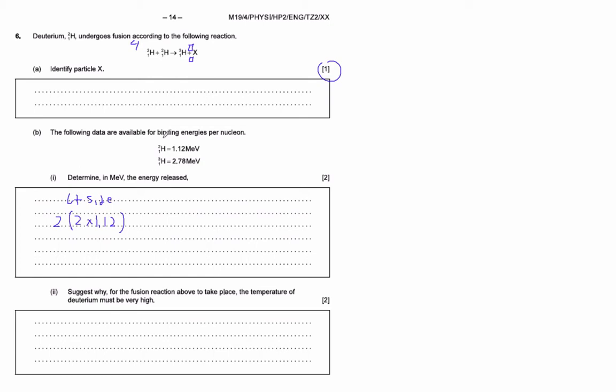And each one of those, there's 2 nucleons in a deuterium, right? So since this is binding energy per nucleon, the energy of one deuterium is 2. This is because it's 2 nucleons, right? A equals 2. And then this 2 is because there's 2 of them. There's 1, 2 of them, right? Okay. So that's going to be what, 4.48,